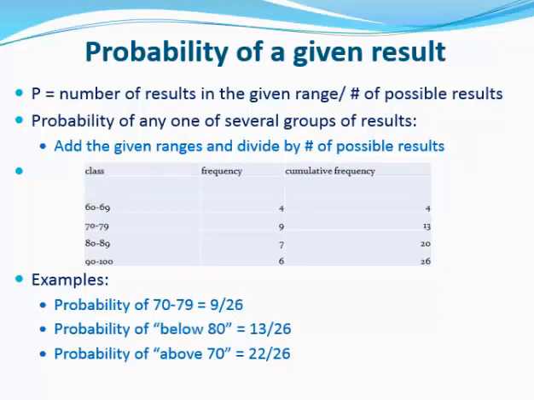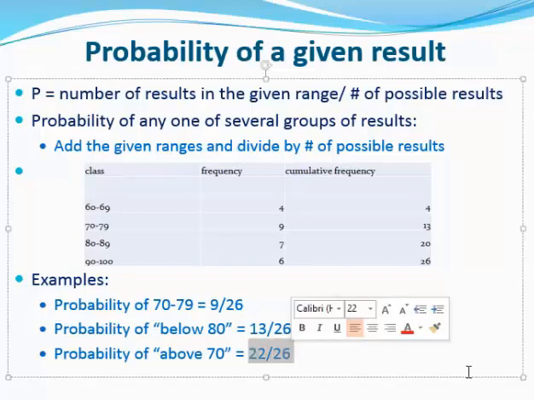What's the probability of a student getting above 70? Well, we have three groups that get above 70. The 70 to 79 group, the 80 to 89 group, and the 90 to 100 group. It's 9 plus 7, which is 16. 16 plus 6 is 22. So there are 22 students that got above 70. There are 26 possible results altogether. And so therefore the probability of any one student at random getting above a 70 would be 22 out of